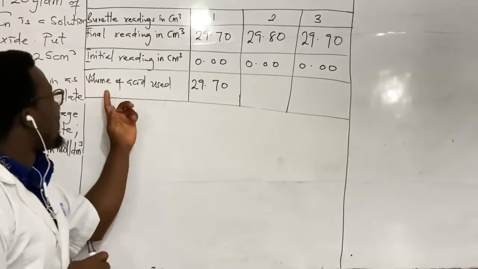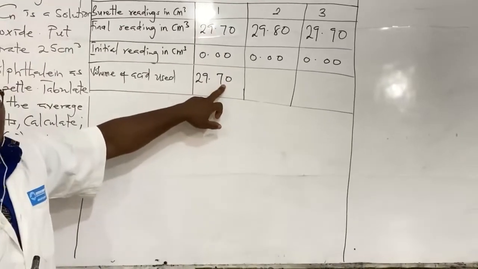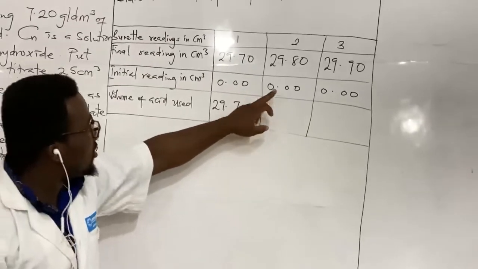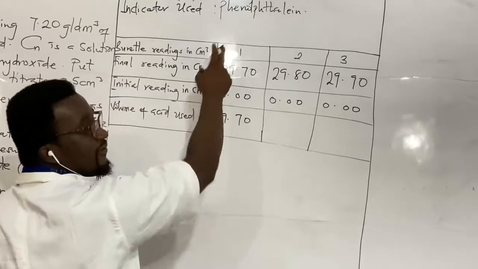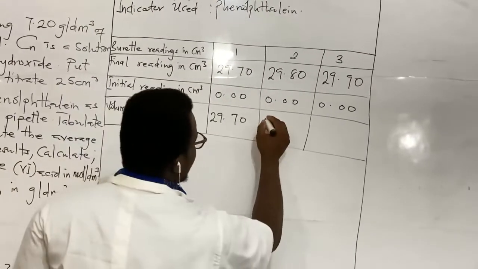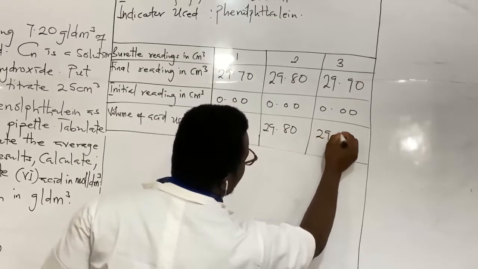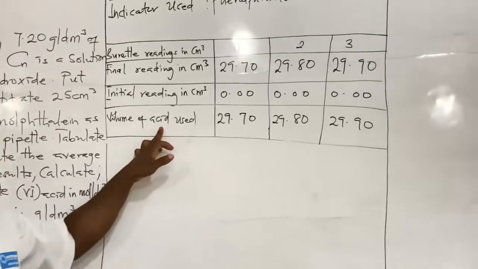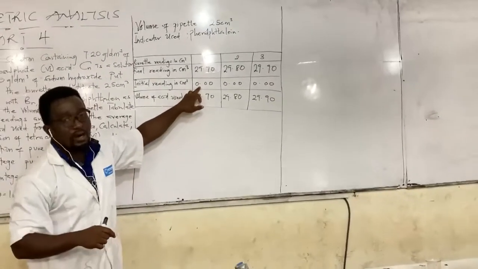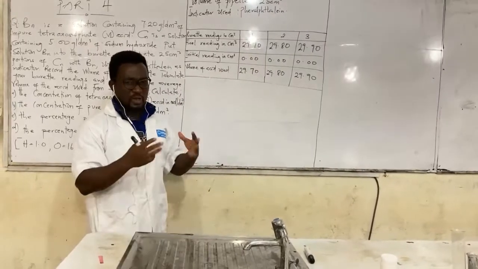So we want to get the volume of the acid used. You just deduct this from that, and that will give you the volume of the acid used. So you deduct the initial from the final. Whenever you want to get the volume of the acid used, you deduct the initial from the final. It depends on how you want to start your